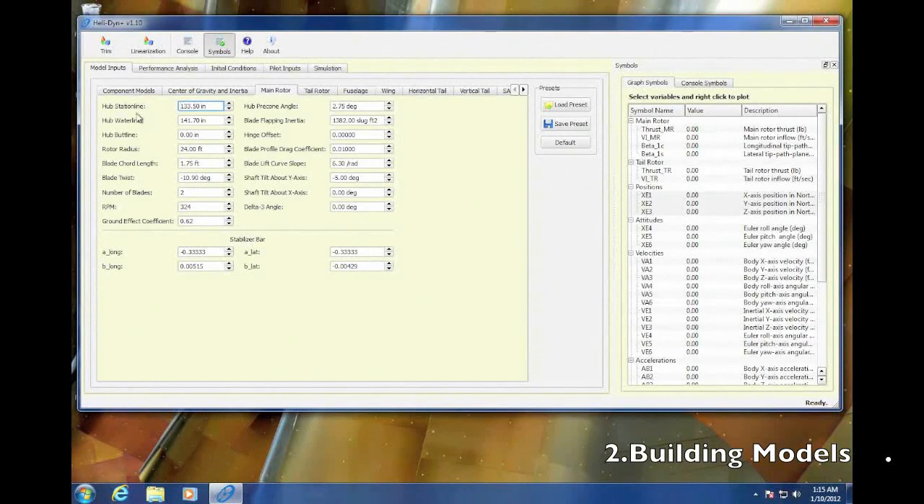For instance, I need the station line, water line, and butt line of the main rotor. I also need the radius. I also need the blade chord. If I have a blade twist, I can input a blade twist. If I don't have a blade twist, I just put 0. I can set the number of blades, then the RPM. If I have a ground effect coefficient, if I want to include ground effect, we have something called a ground